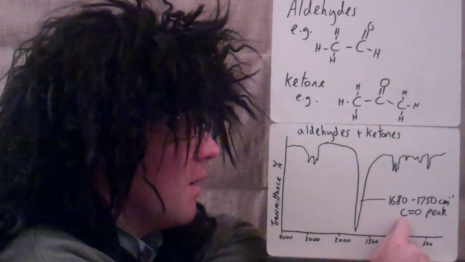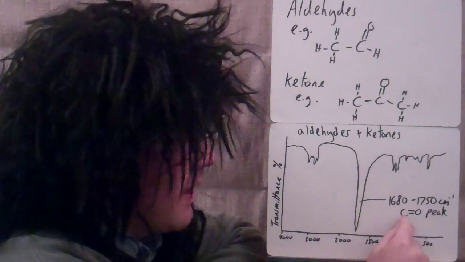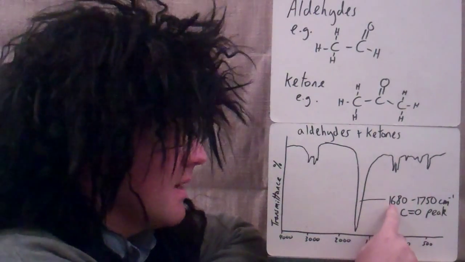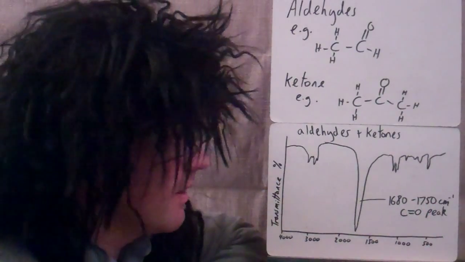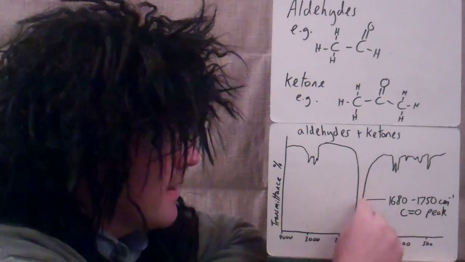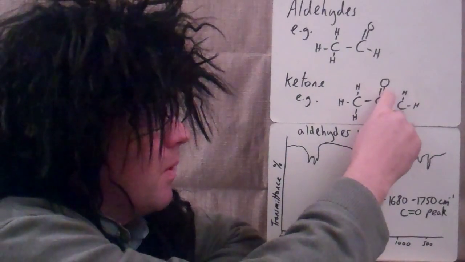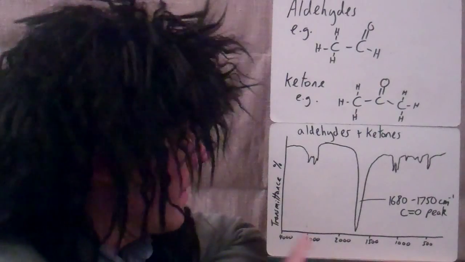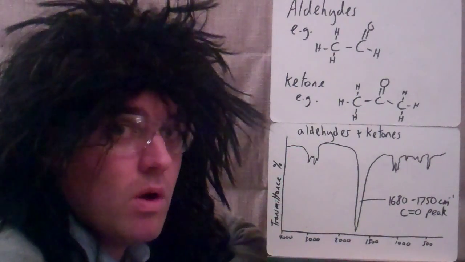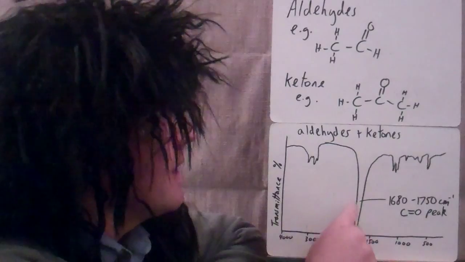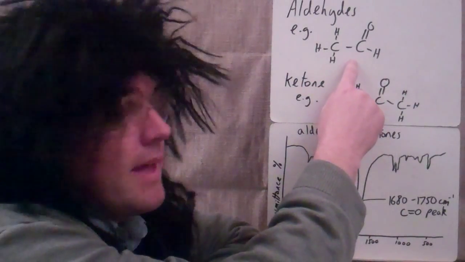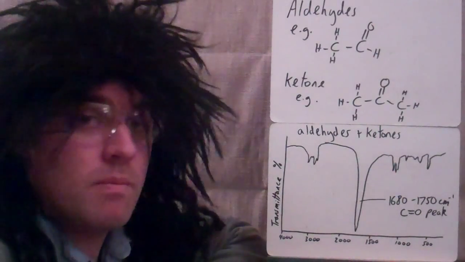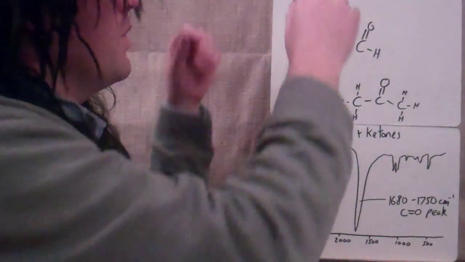It's not important really. This big whopper here is what's important. This is the carbon double bond to oxygen. When that carbon double bond oxygen vibrates, you get a big peak here, 1,680 to 1,750. That tells us that we've got a carbon double bond oxygen. But what's also interesting is not always what peaks are there, it's what's not there. There's no OH peak, so we know it's not an alcohol. So this must be either an aldehyde, like here, ethanal, or a ketone, like propanone. Right, the third one you need to know about